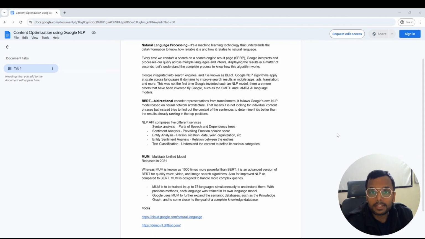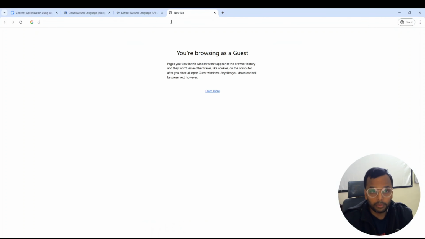Now we are trying to understand the different tools that you can use to optimize your content with the help of NLP. First we will analyze content from two different pages for the search results, and then we will see what changes we can make in that particular content. So let's open these tools,